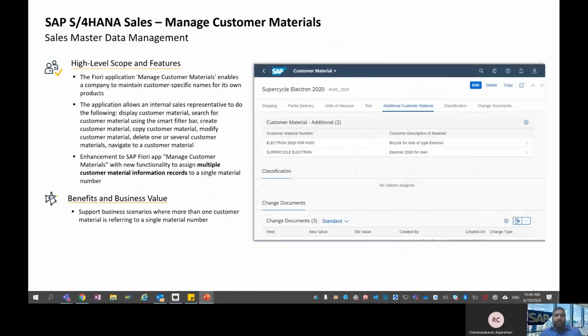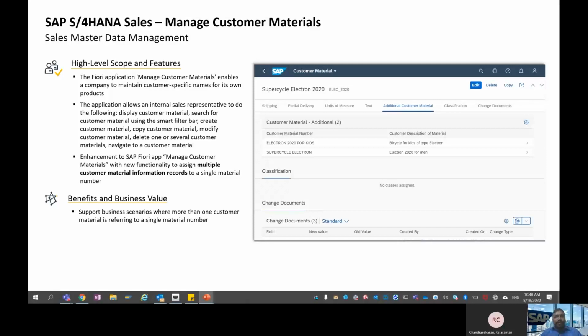All right. The next innovation in master data management is managed customer materials. Similar to the previous innovation we discussed, the managed customer materials app enables the company to maintain customer specific names for its own products.